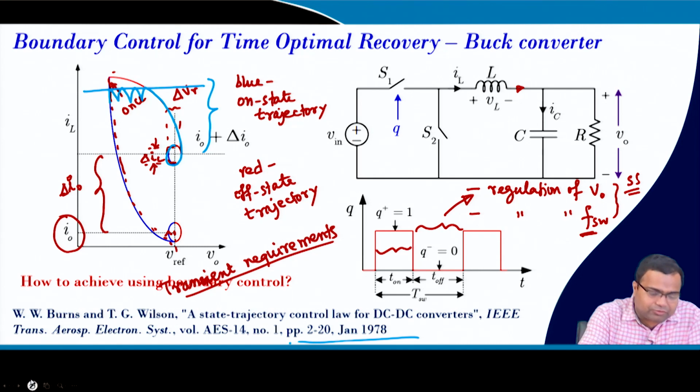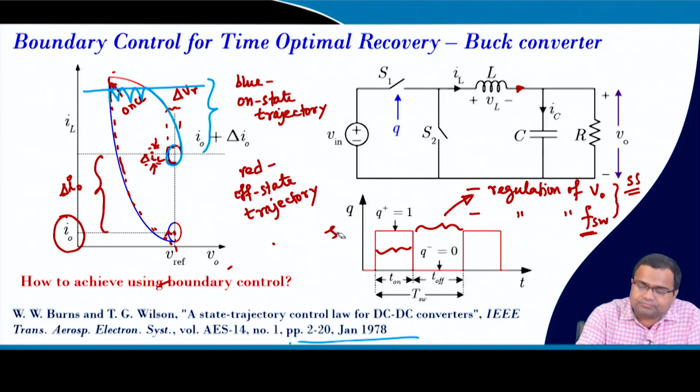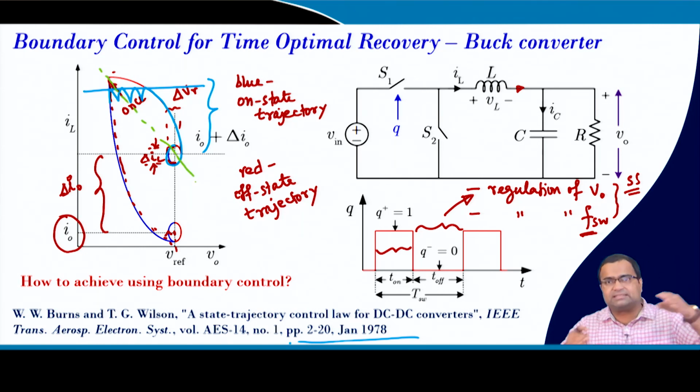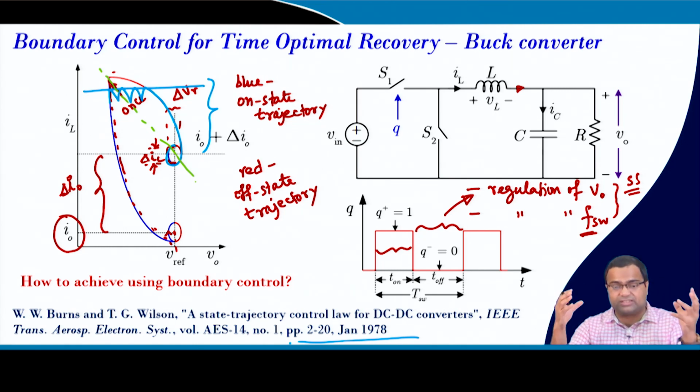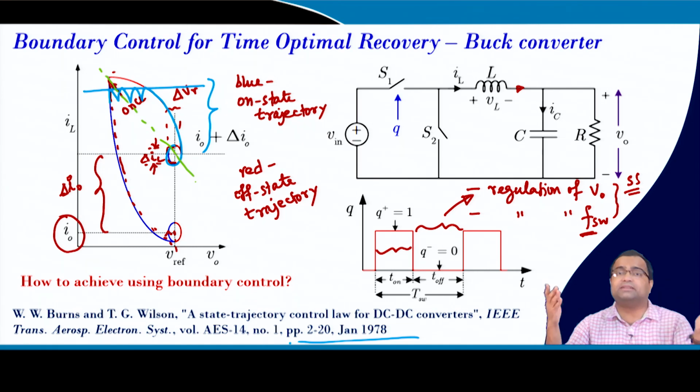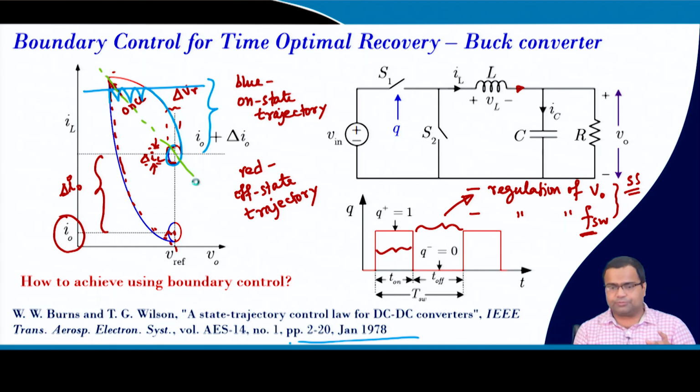Now, how do we achieve the boundary control? Using boundary control, the objective is that we need to think of some kind of switching boundary, because we have discussed this in sliding mode control. So, we need to think of some switching surface, and what should the surface be, what should the switching parameters be? We know that the switching function sigma is a function of states, and then there will be some parameters. So, what should be the choice of parameters, what is the control law? All this we are going to explore.